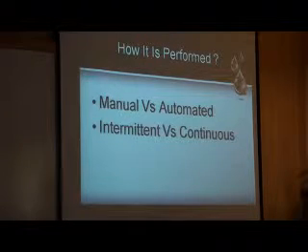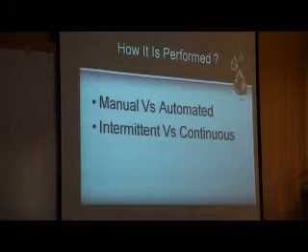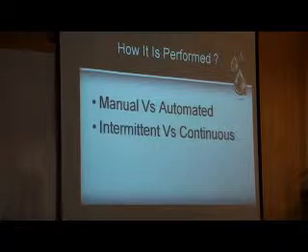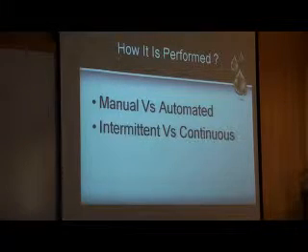How is it performed? It's either manual or automated. The doctors of internal medicine may be confused when they hear about the manual method, but we are familiar with the manual method. You said you have never done an apheresis procedure, but all of us in pediatrics do it. We do the manual exchange transfusion in the unit. This is a form of apheresis. We are doing it in a manual and interrupted manner, not using the automated and continuous machines.